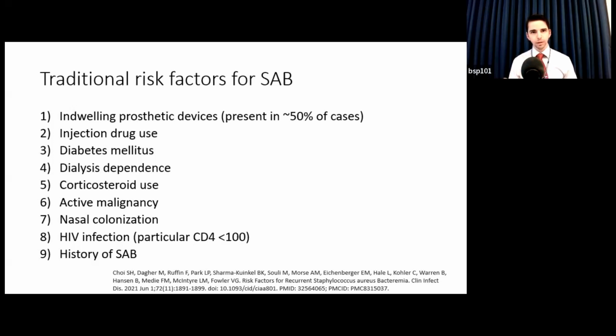Bacteremia is not a rare occurrence. Transient bacteremia from intermittent bacterial invasion happens from skin and soft tissue infections or infections elsewhere. But that probably goes unnoticed and is cleared by the immune system. But in a patient who has a device, it allows microseeding events when that bacteria gets to that device. And the microseeding events lead to bacterial replication at that site. And then it acts as a persistent nidus for continuous bacteremia.